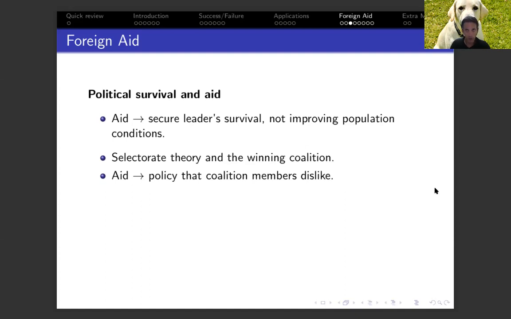And again, we want to talk about aid in that context. When leaders receive aid, they will usually distribute this aid to their coalition of supporters, but in exchange, those members of the coalition will have to accept a policy that they don't necessarily like. Or maybe the leader has to change a policy that members of the coalition preferred, but because aid was given to the leader in exchange for changing the policy, those members of the coalition will have to accept the fact that the policy is going to change, in opposition to what they prefer.